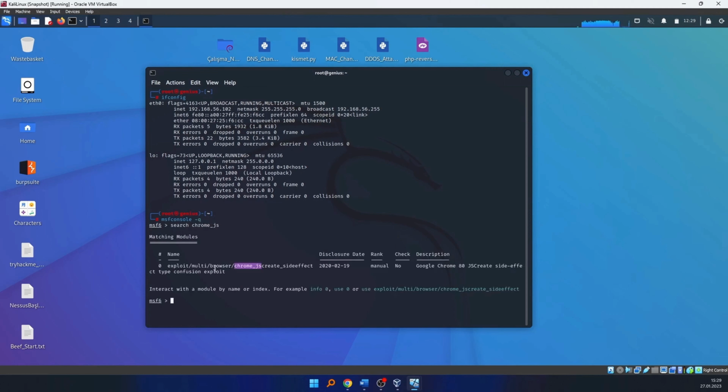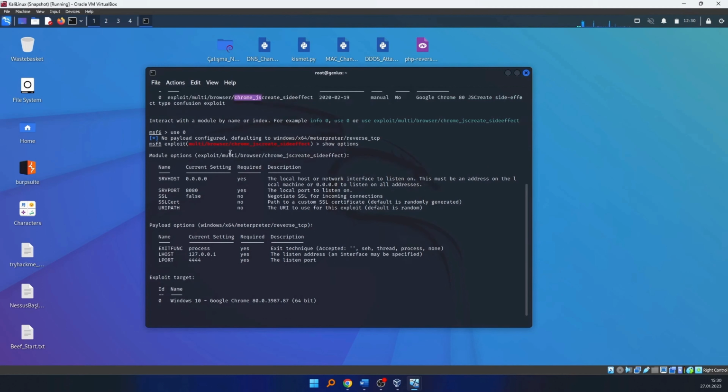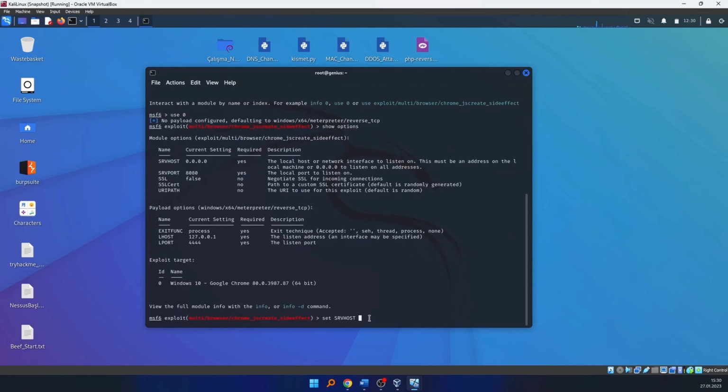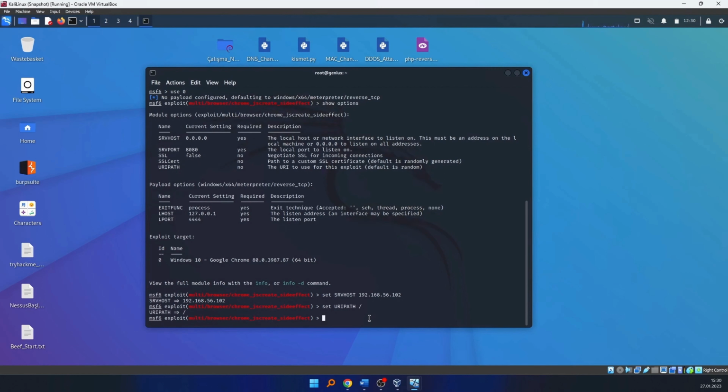Okay, I'm searching for the exploit that I'll be using. It is chrome_js, so this one, and you can see the disclosure date here also. Anyways, I'm saying I will use this exploit. And okay, by saying show options, you can see here the different configurations that you have to set before running the exploit. I'm giving my IP address to SRVHOST. I start configuring these by giving my IP address, and also I'm setting my URI path to root,